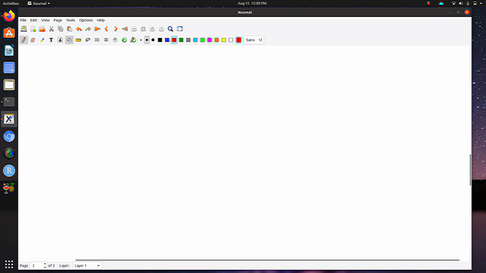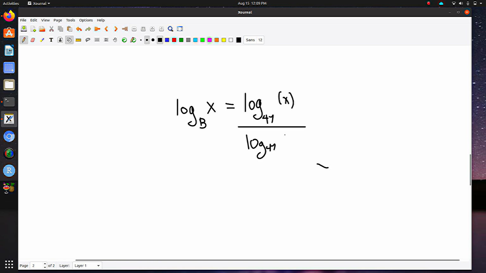I like to call this the love the one you're with rule. There's a song that says, if you can't be with the one you love, love the one you're with. It's horrible advice for love, but it's great advice when you're dealing with logarithms. You can take the log of anything you want. It could be the log of 47, who cares? Log base 47 of x over log base 47 of b. Whatever base system happens to be lying around, it's usually natural log, then you just use it to take the